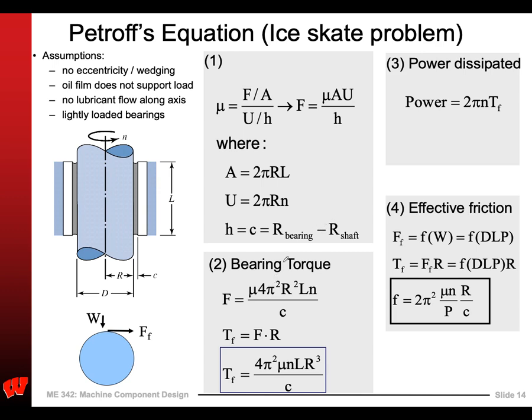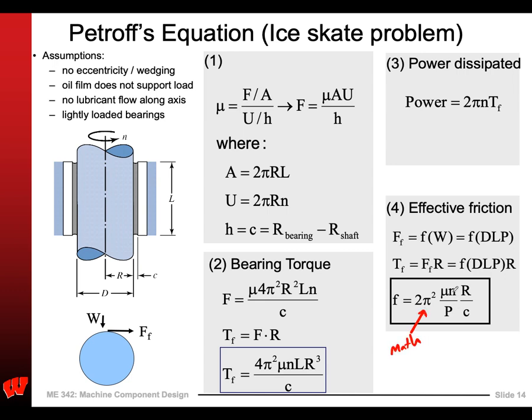We can rearrange all this to get the force. If I want to get the torque, I just multiply the force times the radius, and then I can get all this stuff. So I can say at any given speed, viscosity of the oil, the clearance ratio, the radii, the length, 4 pi, the constants, I can figure out how much torque is lost just by shearing the oil that's in there, right? And then the friction then becomes the total friction between the shaft and the journal and the housing, right? The friction between these two things becomes a function of some important things. So these are constants, right? That's just math,